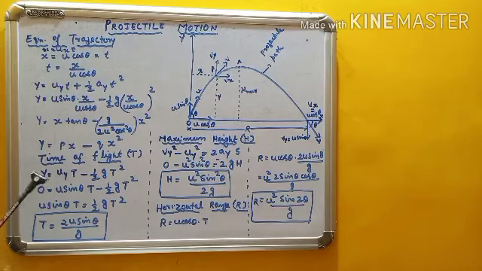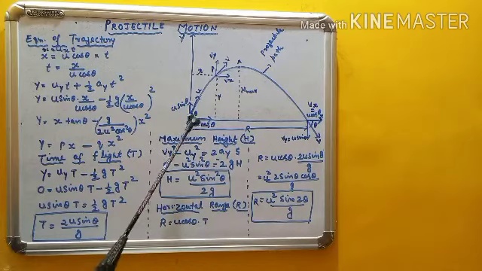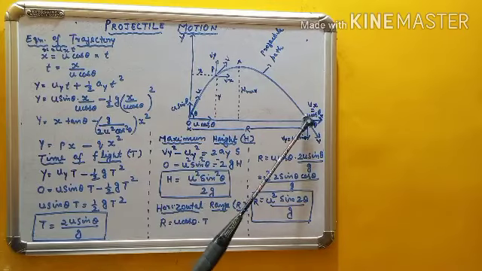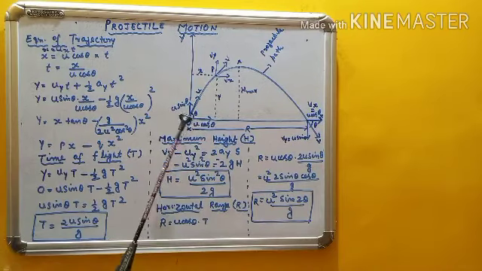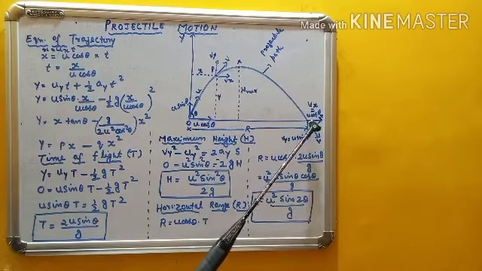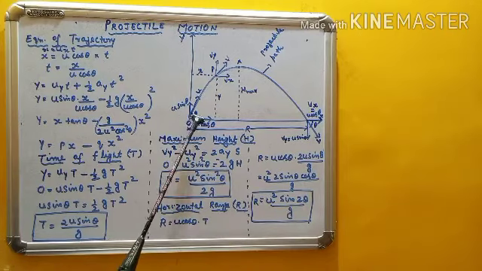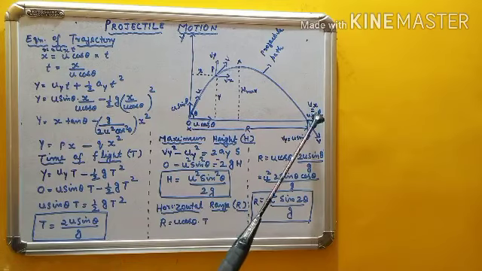Now we have to derive the expression for the time of flight. Time of flight means the total time taken by the projectile for the entire journey. Entire journey means from the starting point, moving upwards, reaching the highest point, again coming back to the ground. Say capital T is the total time taken. At this point, there is no vertical component of displacement. Initially the body is on the ground, and again on the ground itself. Of course, the body has traveled a horizontal distance, but vertically there is no displacement.